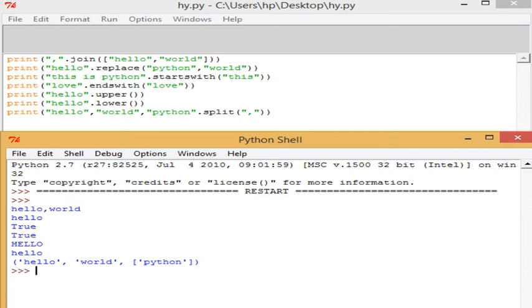Next function that we have in Python is the split function. Whenever we are talking about a split function, it is the opposite of the join function. Instead of joining the words, it is splitting them. As you can see over here, hello is separated differently, world is separated differently, and Python is separated differently. It is split by the thing that I have given in the double quotes after the split. I have given a comma here, so it is splitting everything at the commas. That is the function of split: it will split according to the thing that we have given in the function.